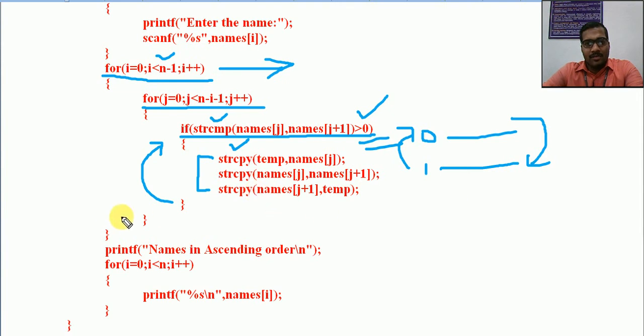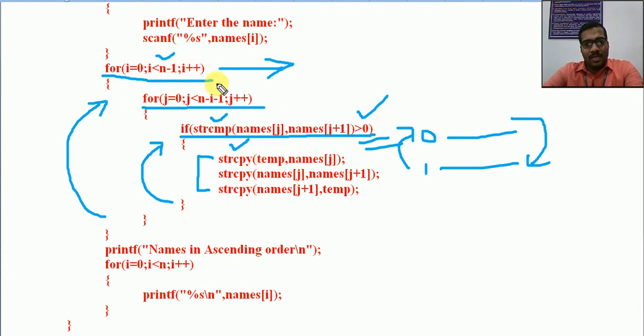Then after that, it will go to the next phase. In the next phase, we start the second round. Again comparison, but there we don't need to go up to n-1, we don't need to go to the last element. Up to the second last element only. Again do the same comparison and steps. If you have one more phase, increment i and go to the next phase. There we can avoid the last and second last, and do only up to the third last. Until it reaches the first location, we repeat the same steps.